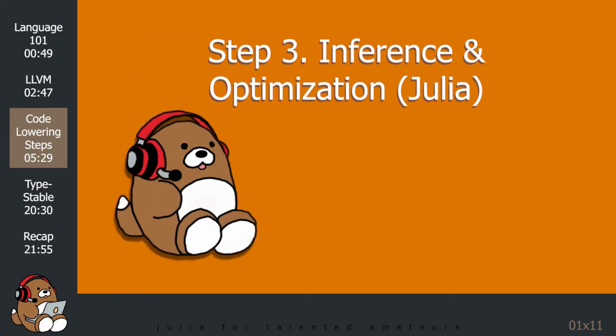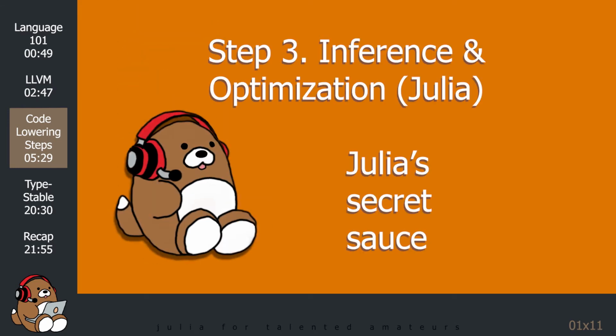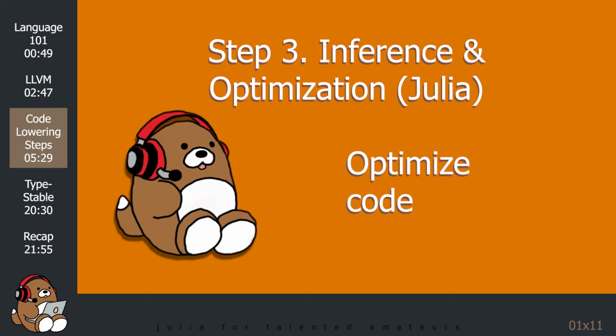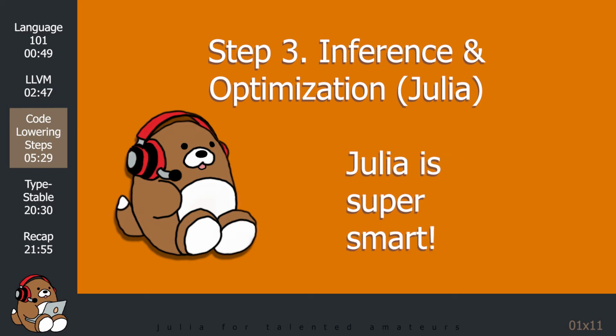This is where the magic happens. This stage is one of the secrets of Julia that other languages have not been able to duplicate. During this stage, Julia infers which types to pass to the compiler. Julia also optimizes your code so that the code that it passes on is as efficient as possible. This inference and optimization engine is one of the key ingredients which allows Julia to be both flexible and fast.